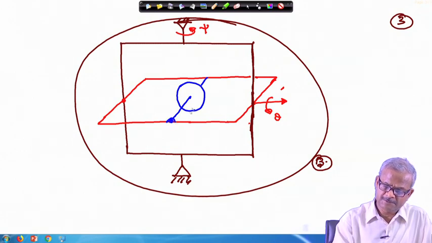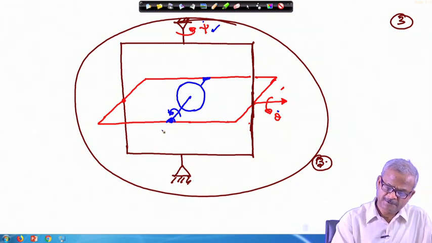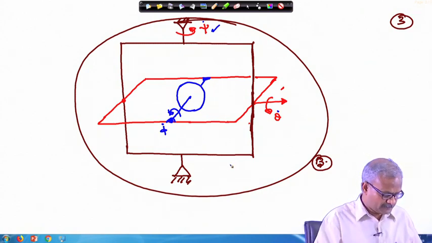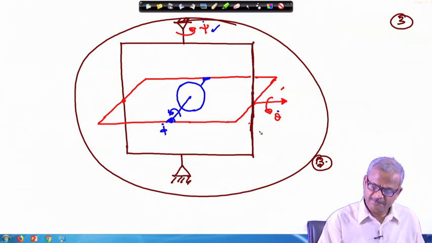okay. So, this is pivoted here, so it will rotate about this axis, this will rotate here and this will rotate here. So, theta dot we can show here, psi dot we can show here and then phi dot we can show here in this place. So, this figure earlier also we have made, but how the actuation takes place, today we are discussing this.